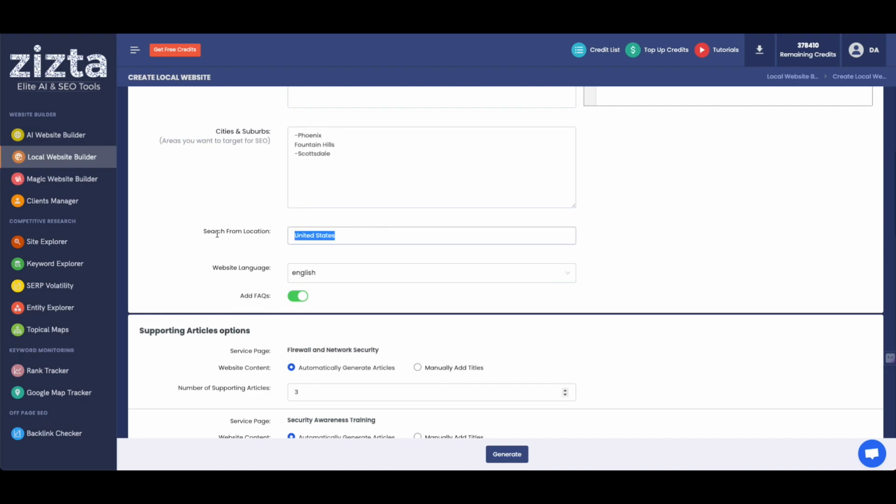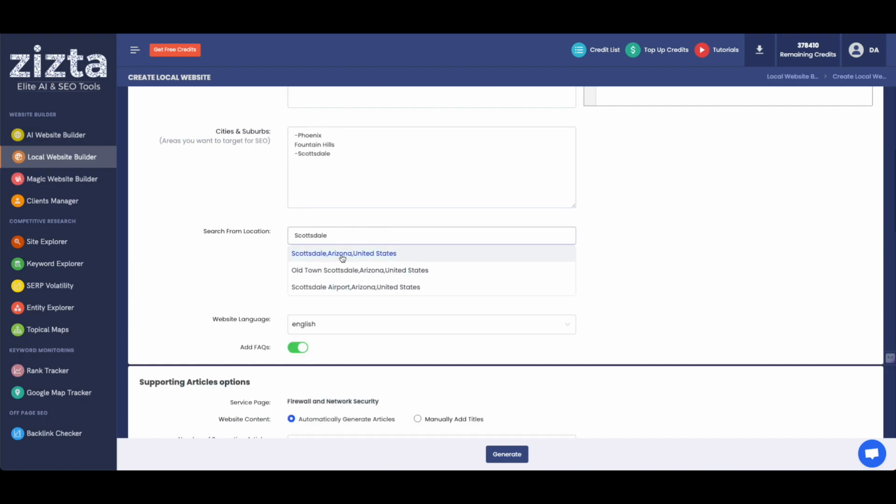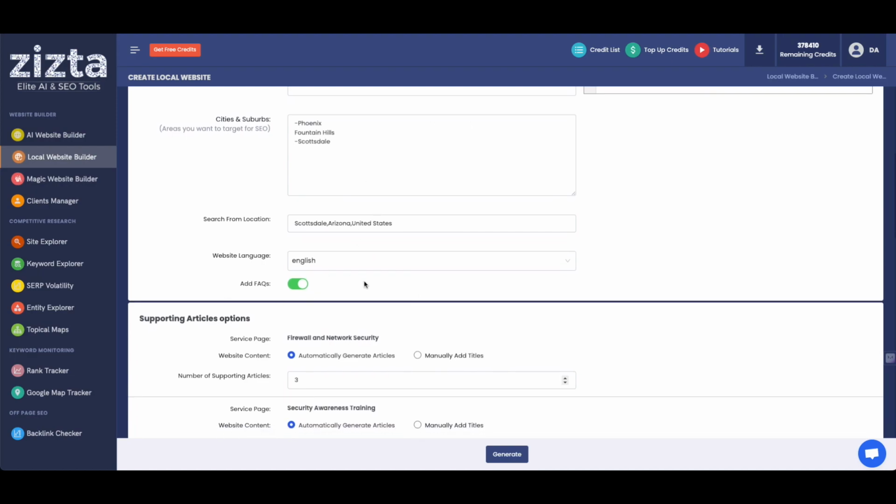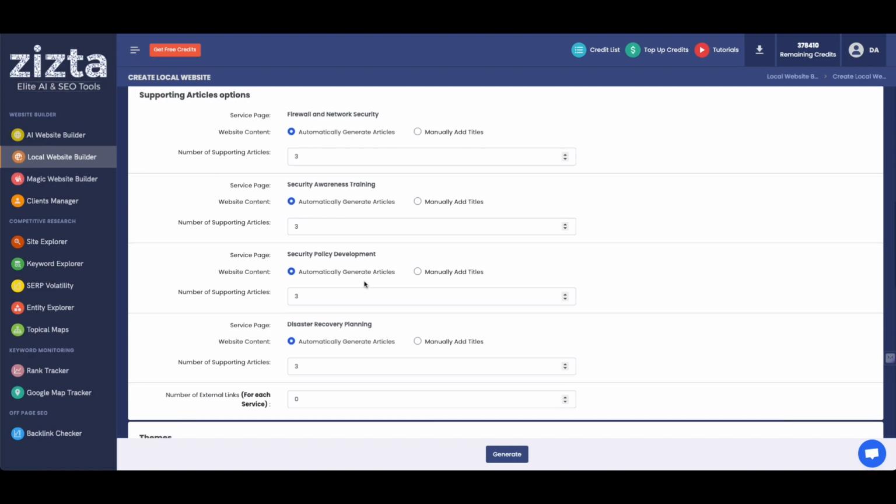Set your search from location. And we also have